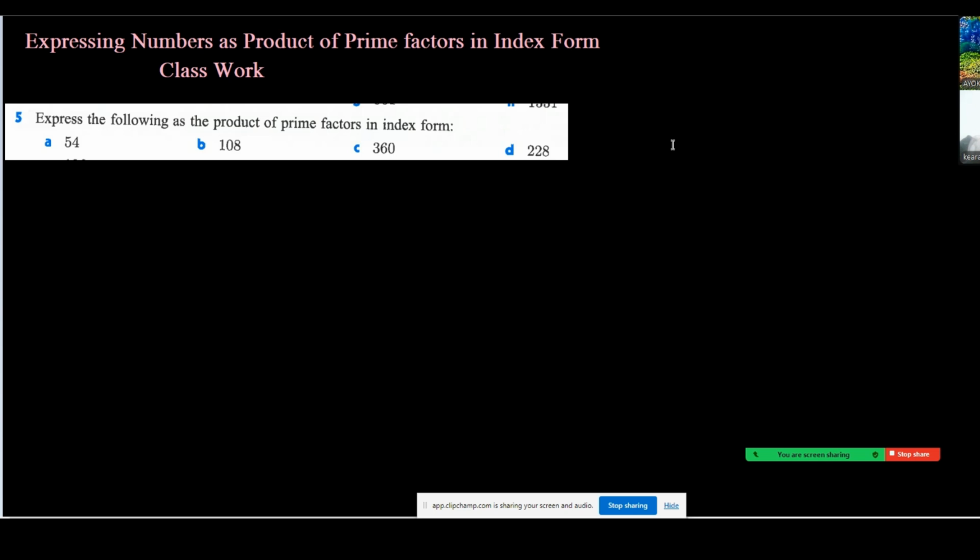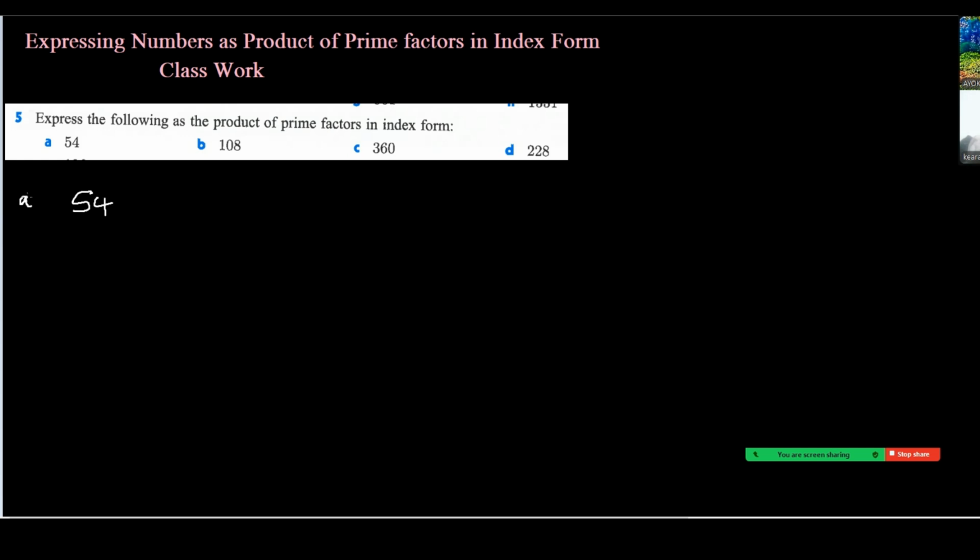Express a number as a product of prime factors. In the next form, it means that you should look for the prime numbers that are factors of the given number. For example,